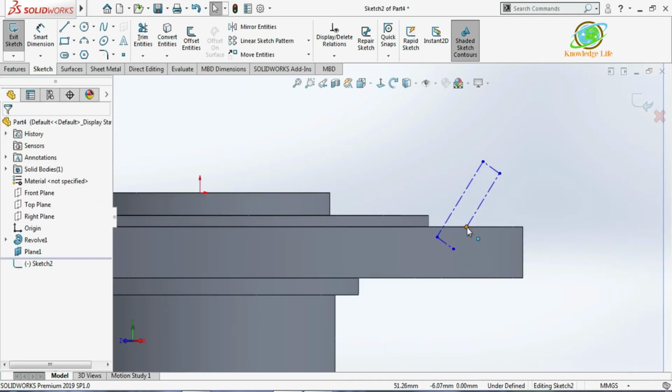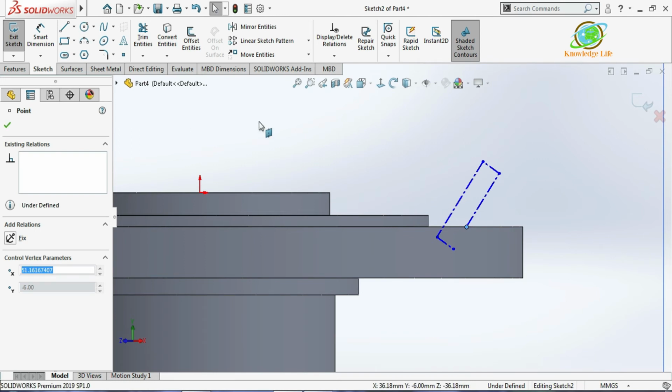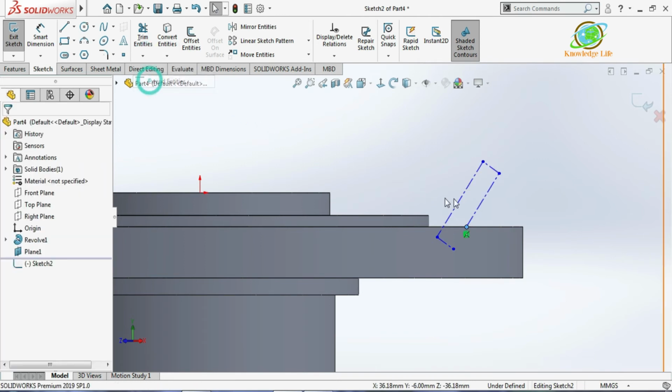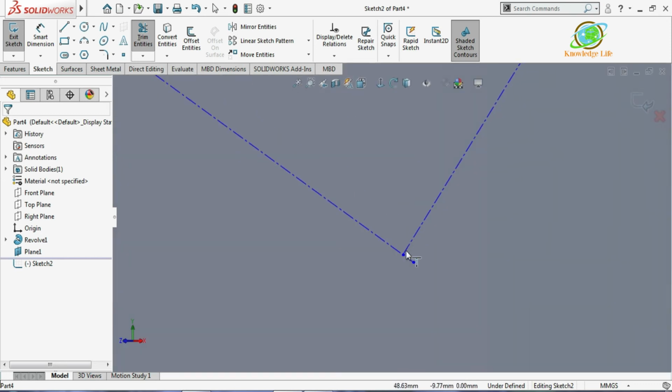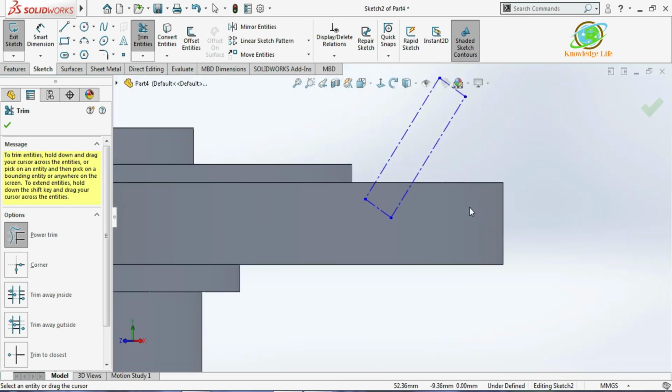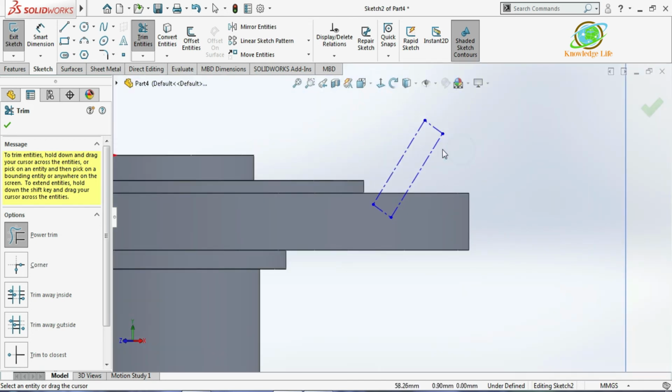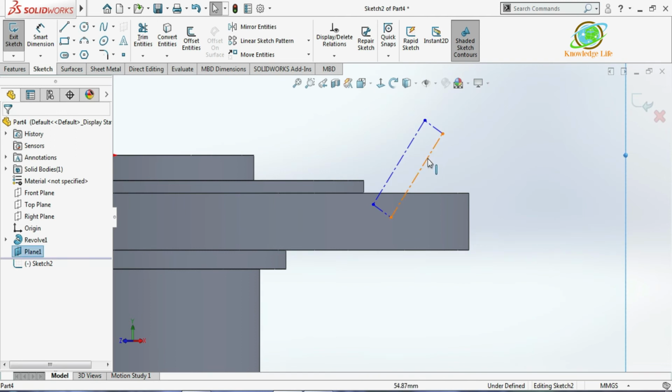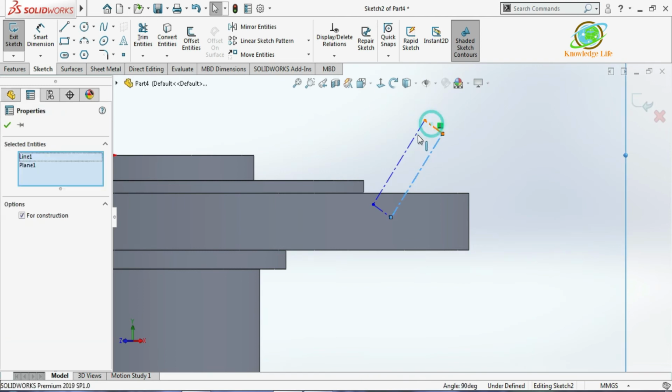I'll just extend this. Click on Extend here and just click on this. Okay, this part I will trim. Actually it has to be a continuous line, not a center line, so we'll convert this into a continuous line.